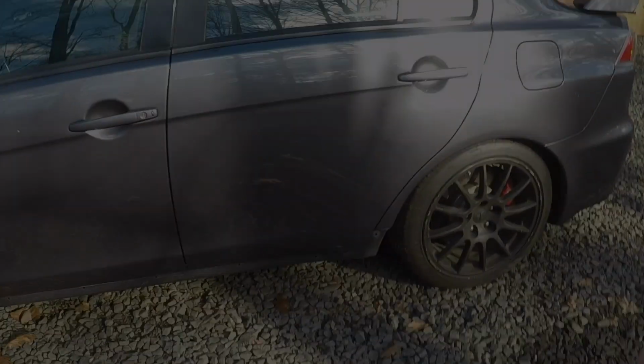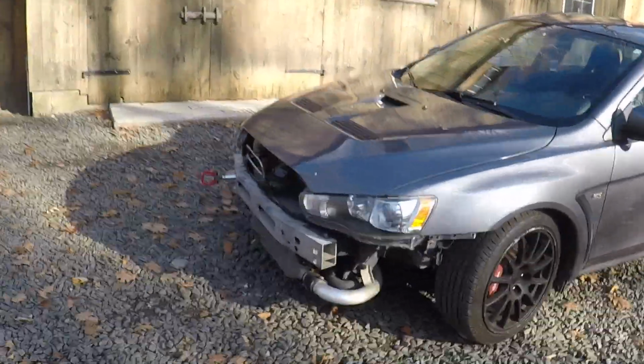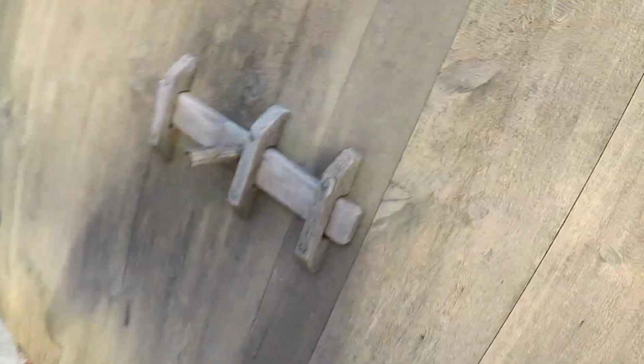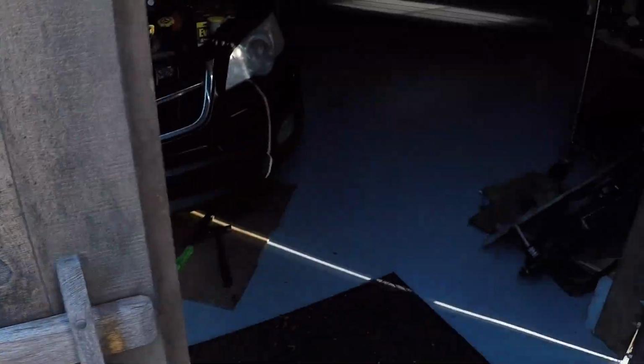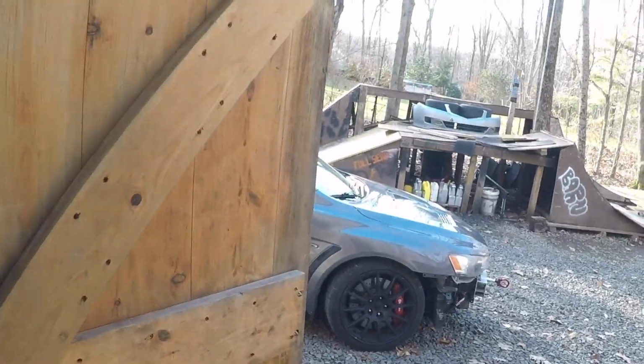So as you guys can see, this car is in winter mode halfway. Still have to get, here, let me show you. Here's another project. It's only gonna be a 2-day project, but we still have to get this stock bumper mounted on there. But that's probably gonna happen today or tomorrow, because today we are actually, just to fill everyone in